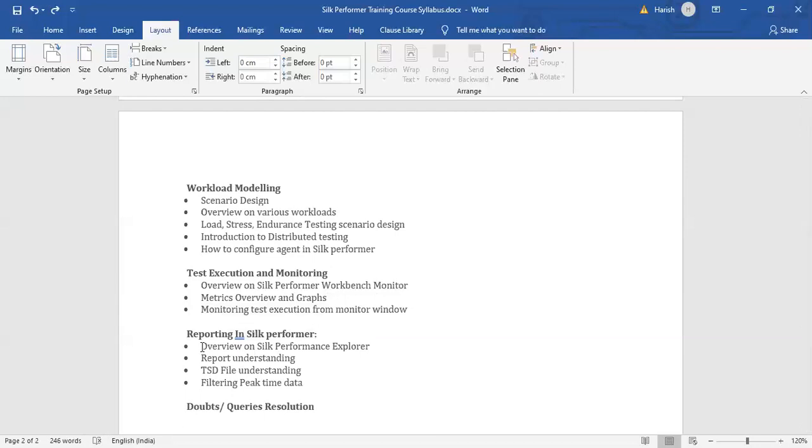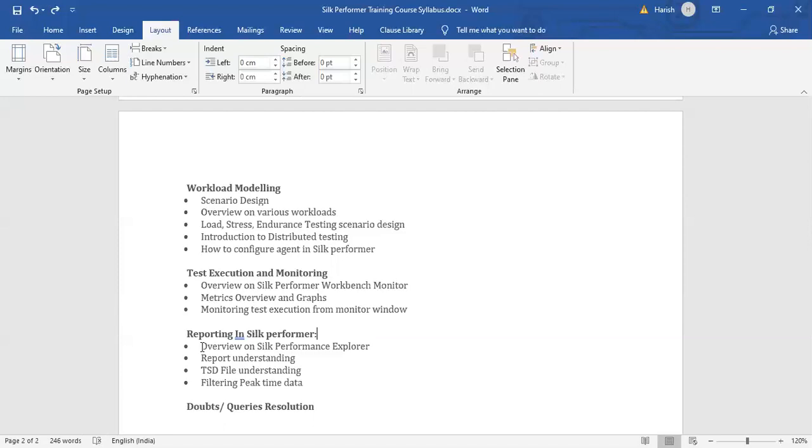Silk Performance Explorer is the fourth most important component of the Silk Performer package, because once load test execution is done, reporting is the key part. We'll have an overview of Performance Explorer, and we'll have report understanding, in which the time series data file generated by Silk Performer is explained, and after that we'll have a detailed look at the report.